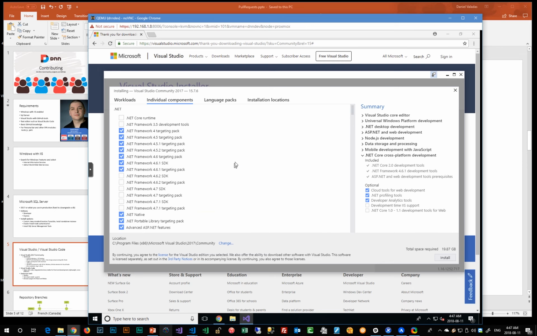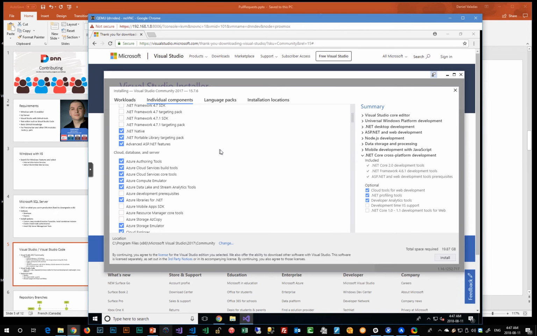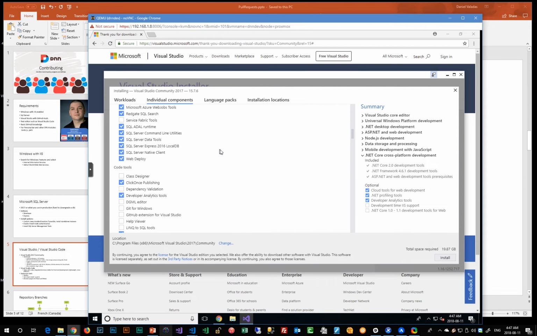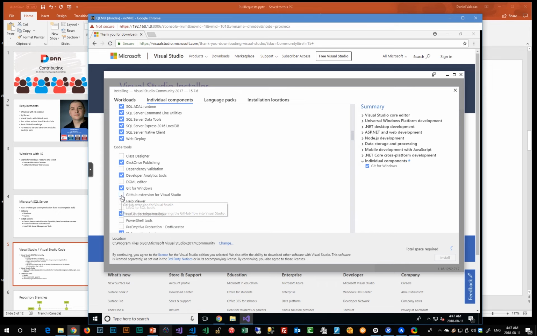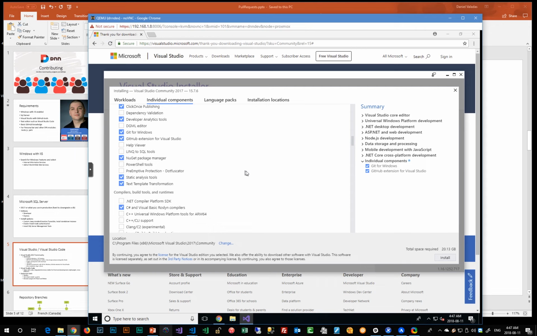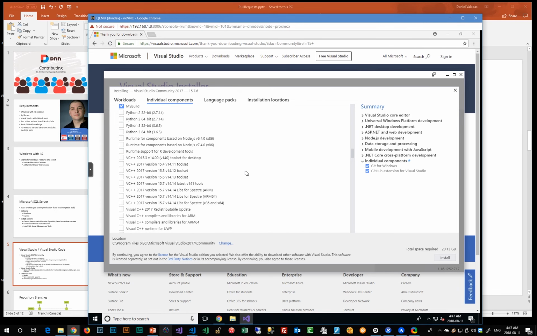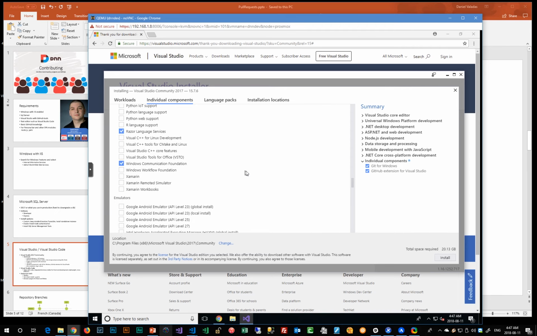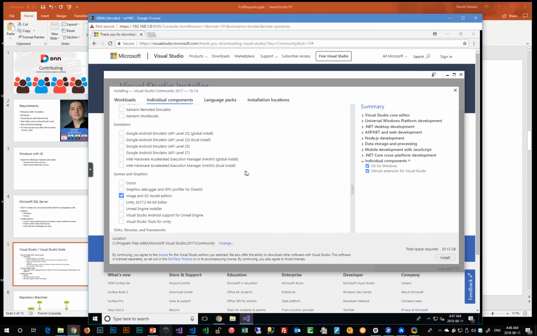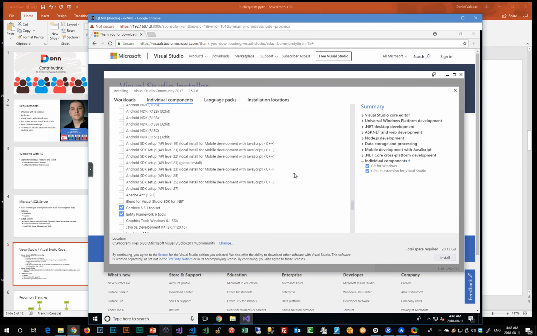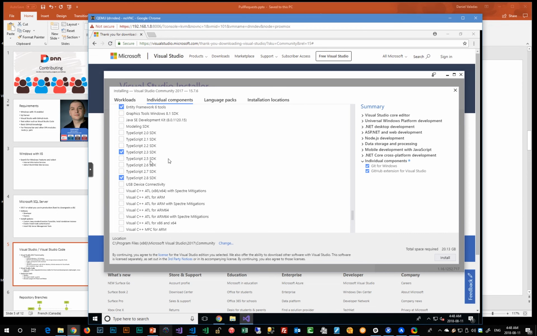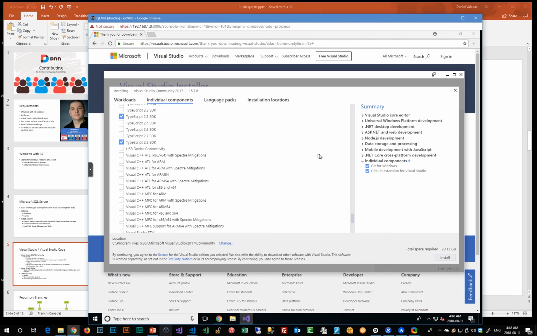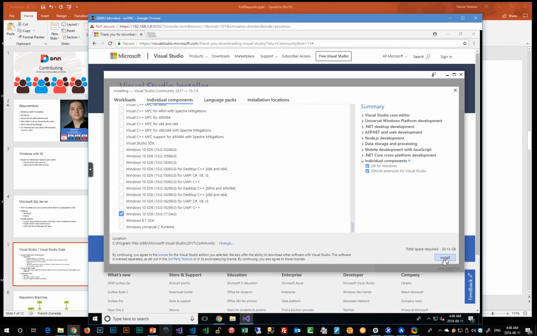And there's a couple things we're gonna add, which are Git for Windows, GitHub extensions for Visual Studio. If you want to do any type of Android testing and development, you can add that. It's a very nice product. If you need other versions of TypeScript, they're also available. And that's it. So you would go ahead and click install at this point, and